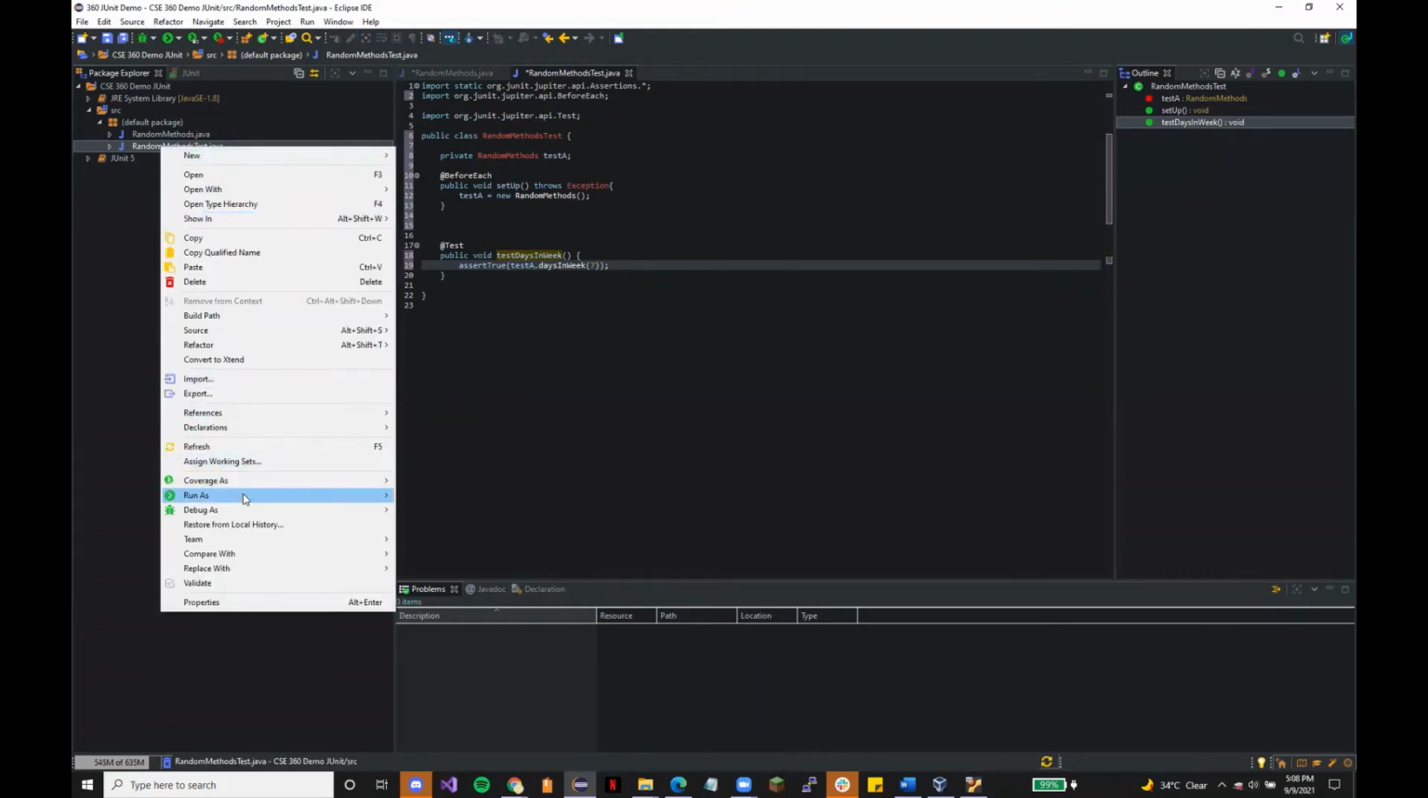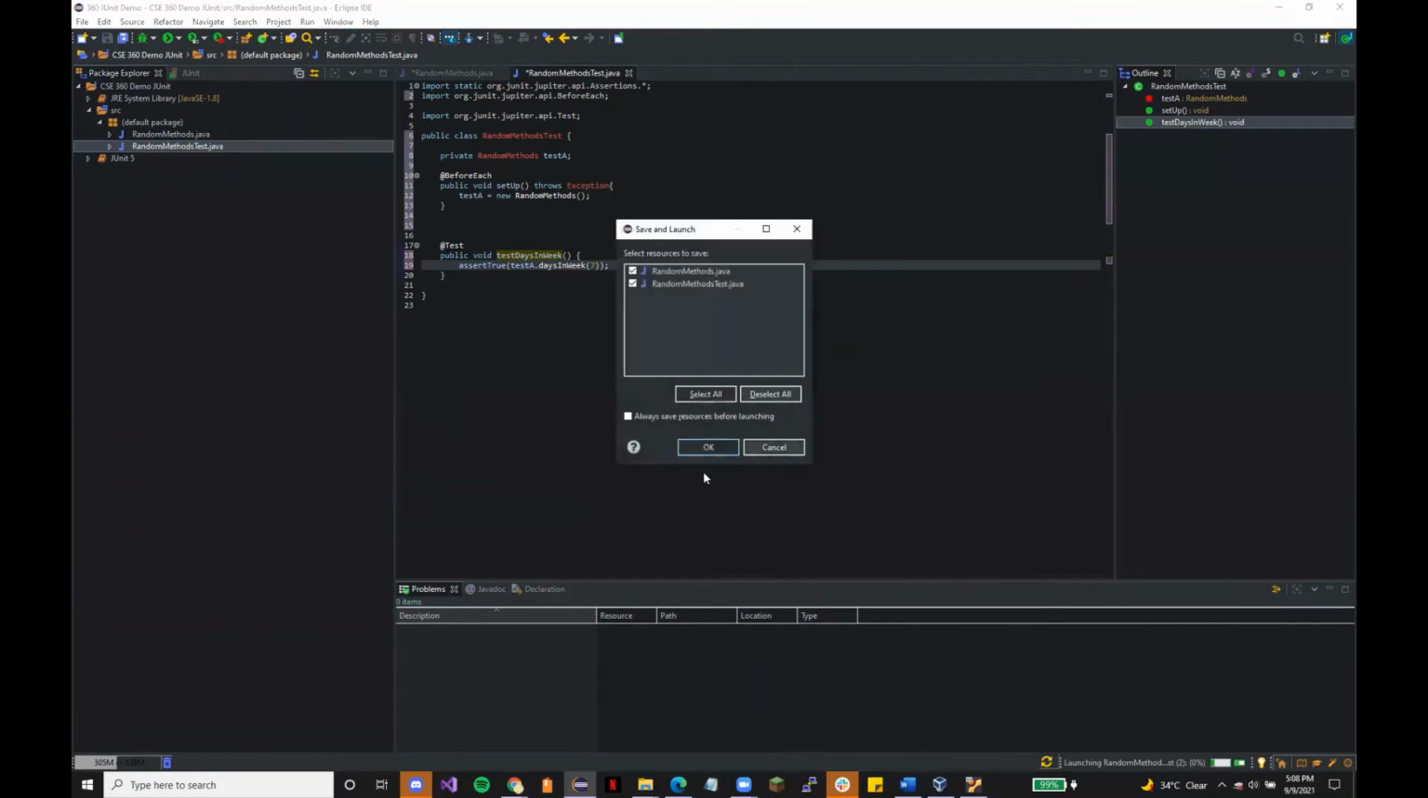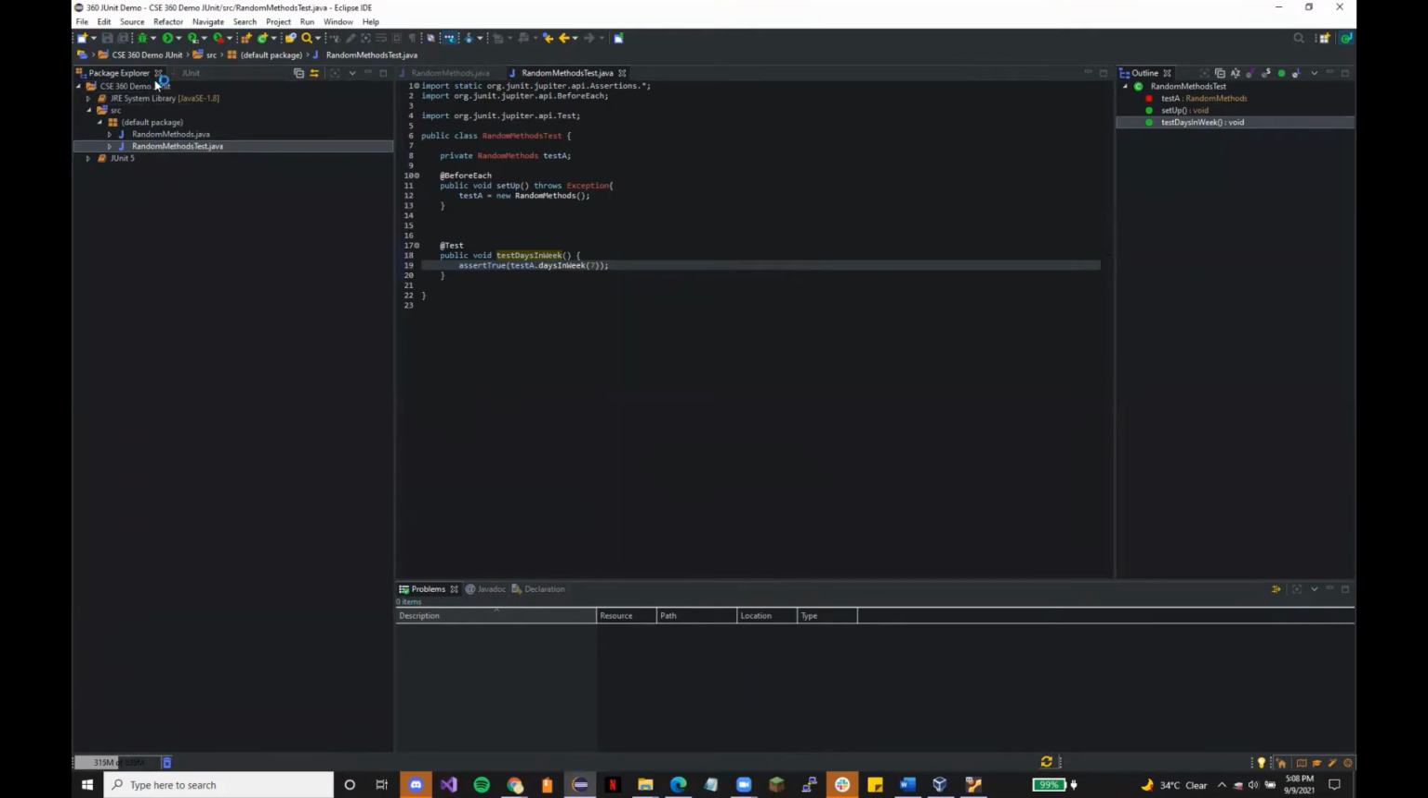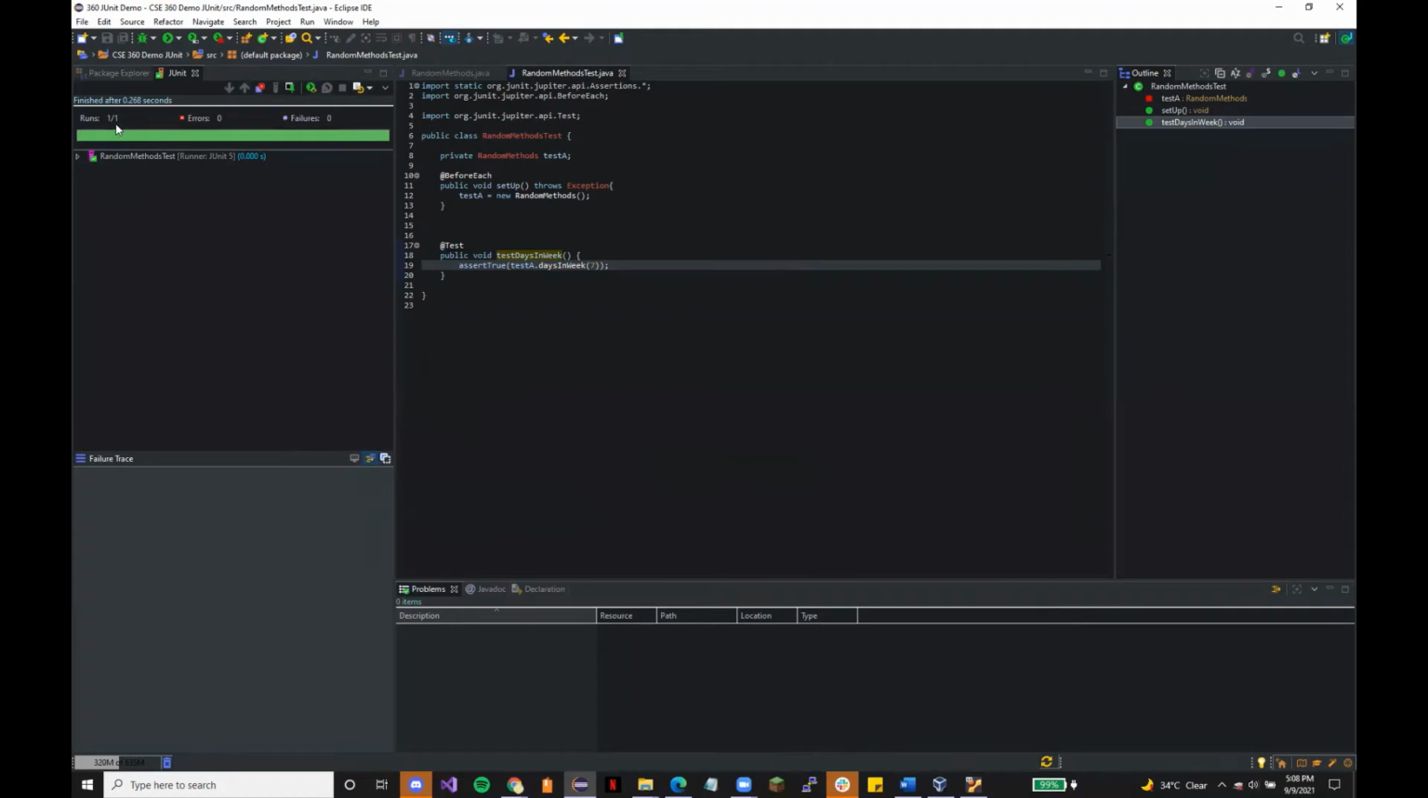So we're going to run as a JUnit test and make sure to save everything. And then once it goes through, okay, so it's passed. So there's 0 errors and 0 failures, and it ran 1 out of the 1 test that is there. So now if we were to